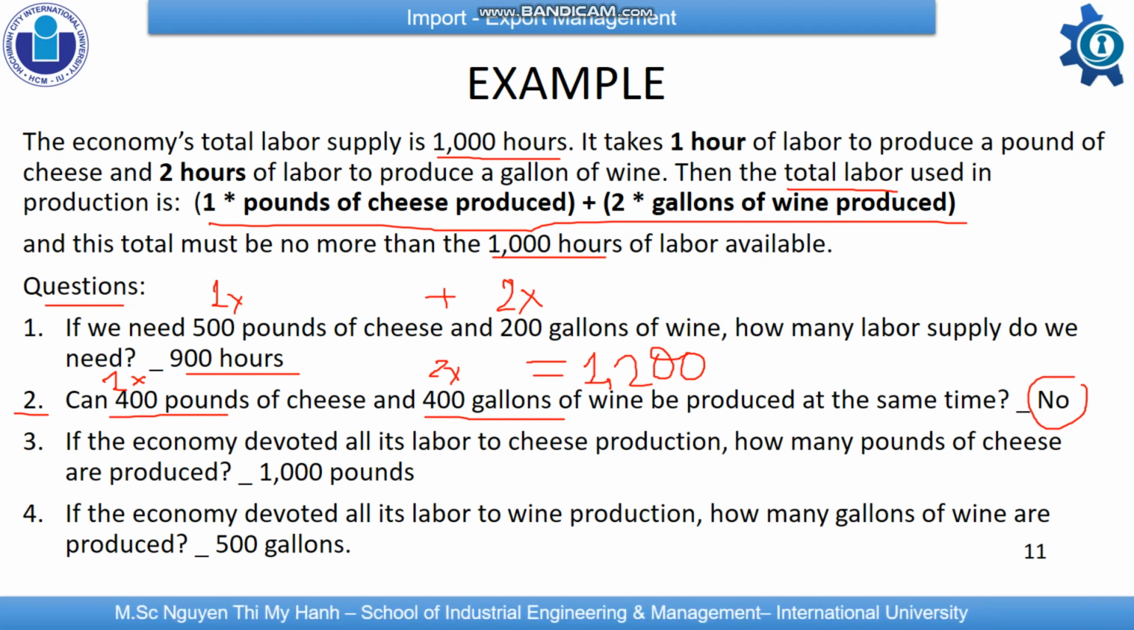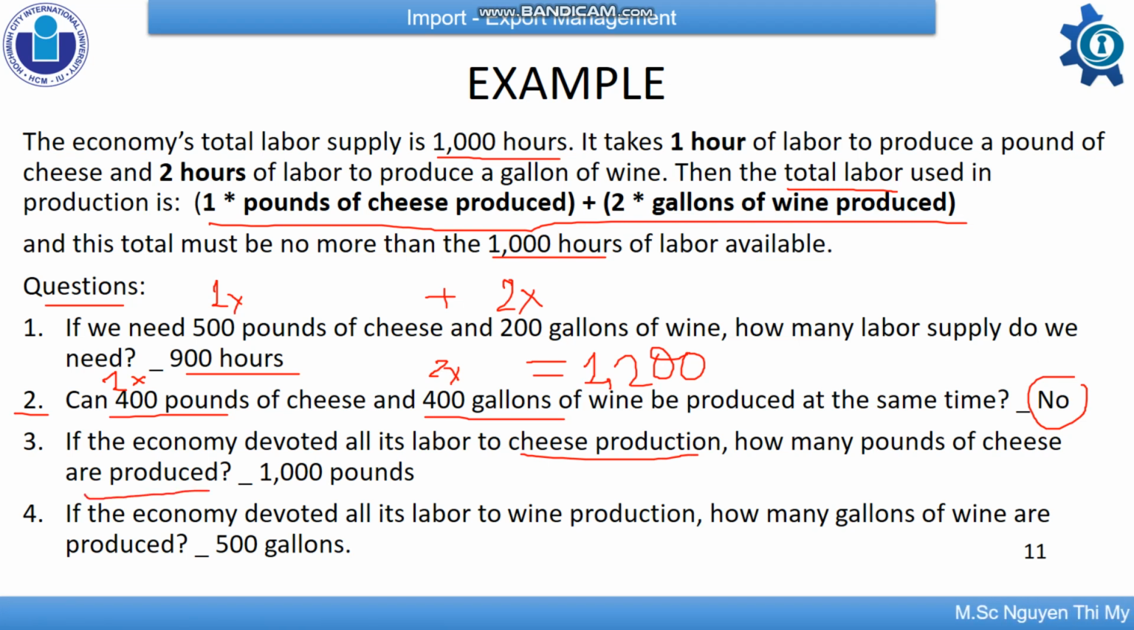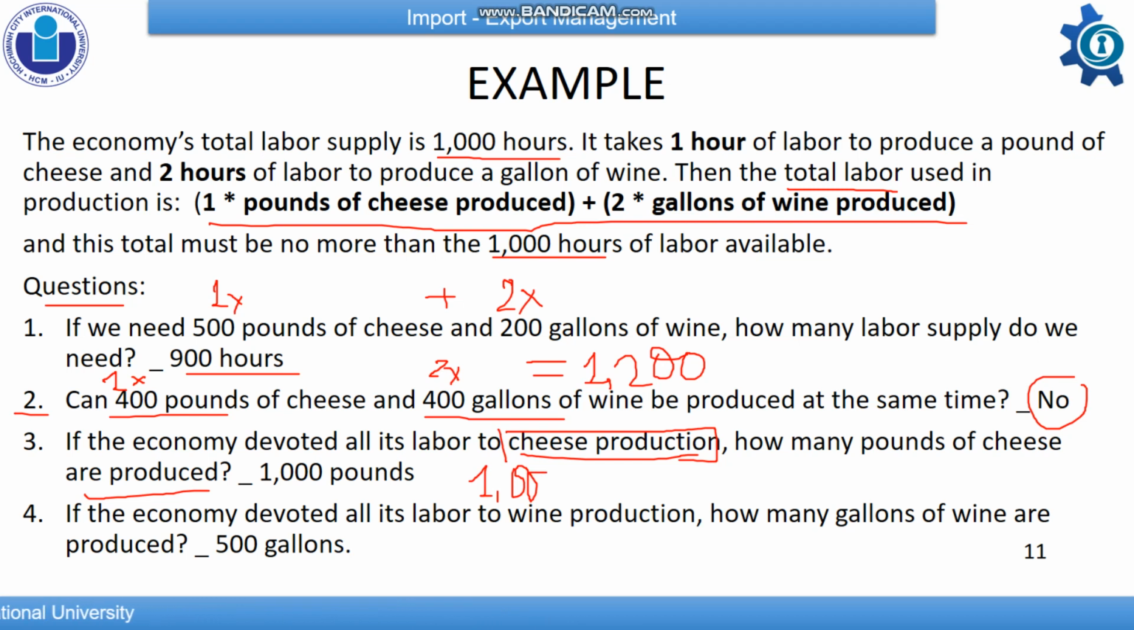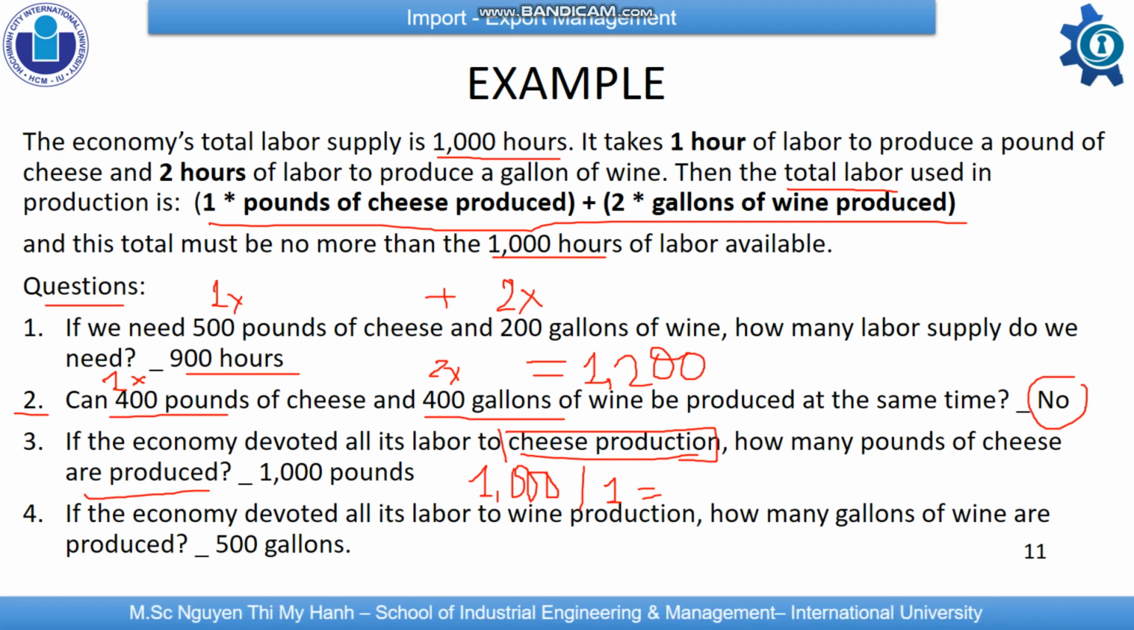The third question: if the economy devoted all its labor to cheese production, how many pounds of cheese are produced? It means they don't produce wine, they only focus on producing cheese. So how many pounds of cheese can we produce? We have total labor of 1,000 hours and we need 1 hour to produce 1 pound of cheese. So the total pounds of cheese we can produce is 1,000